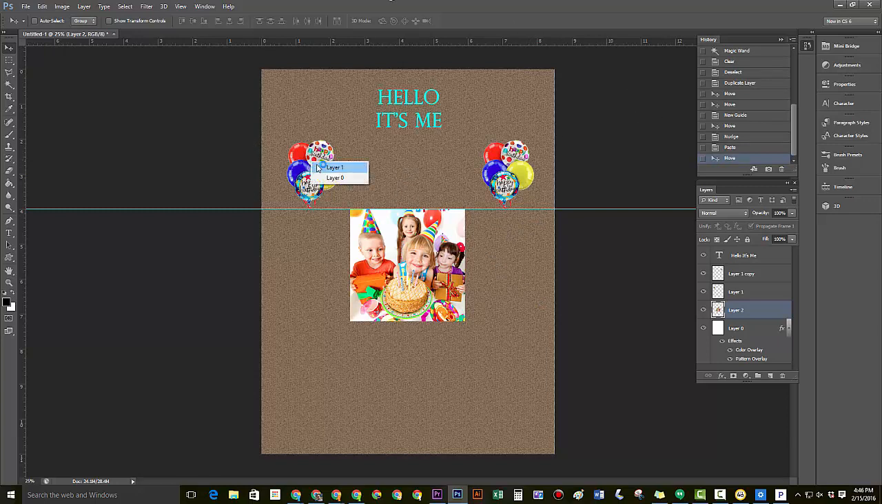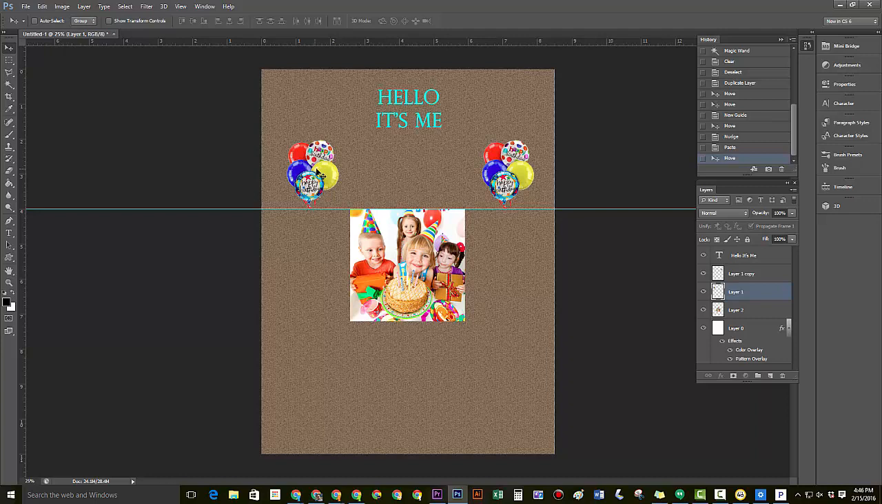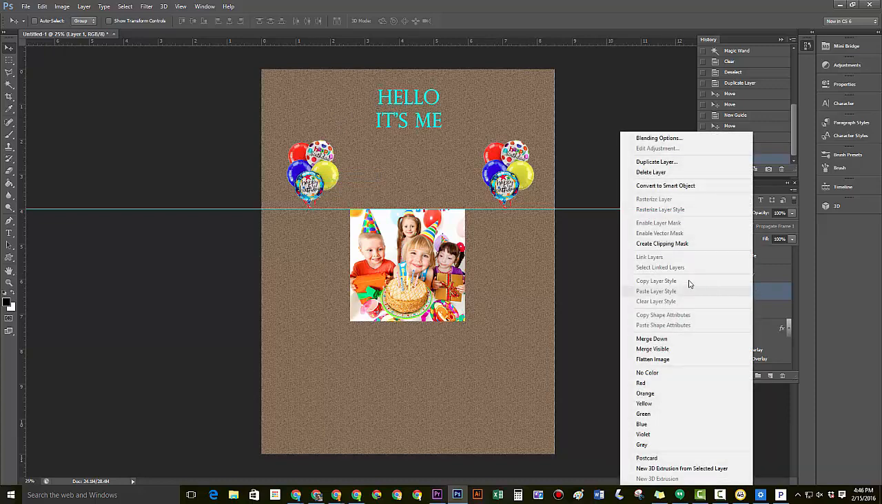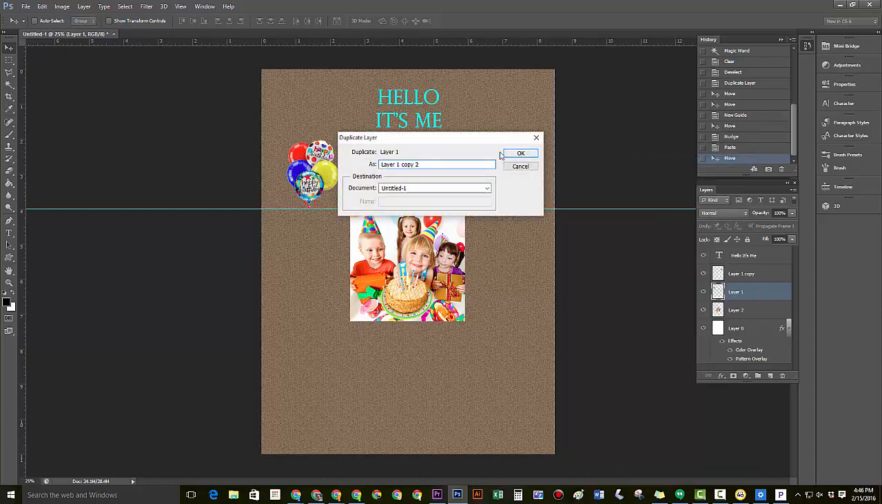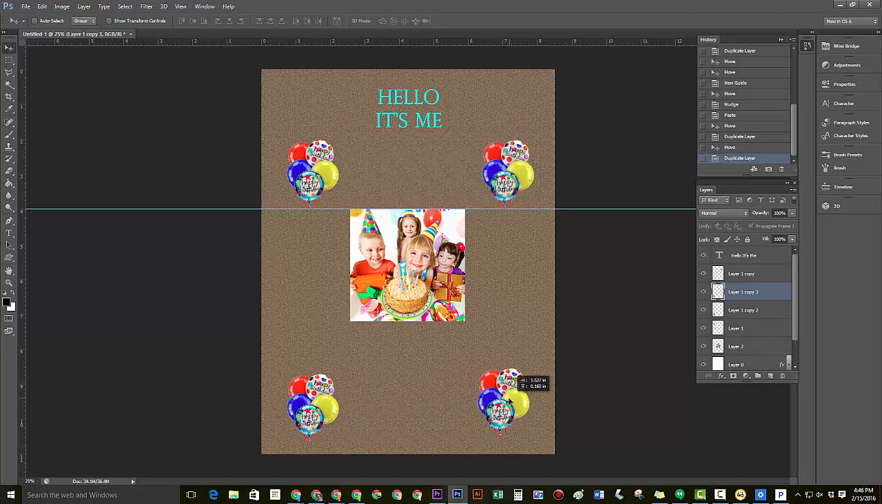In fact, let's copy these balloons. So I'm going to just right click on the layer. What I'm doing is I'm just trying to make another copy. This would be a really simple, let's say it's an invitation or something. Right click on the balloons, layer 1, duplicate layer, press OK, and now I have another set of balloons. We can bring in the corner, and I'm going to do it again. Duplicate layer, press OK, drag it across,